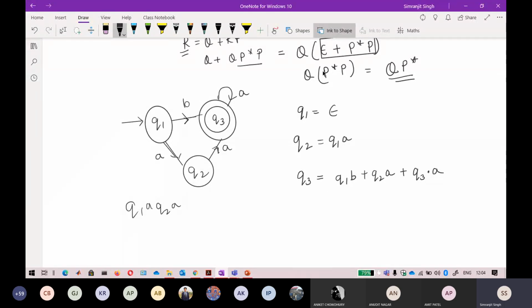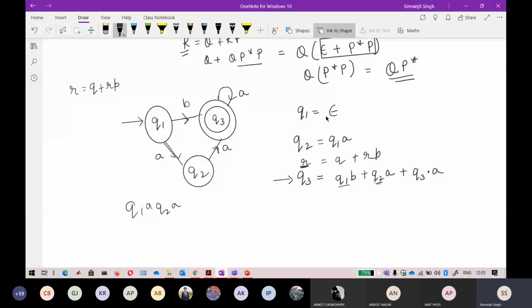Now the expression, if you remember, is R equal to Q plus RP. Every substitution will occur at the final state, keep that in mind. Now here there is a presence of Q2. I do not want that. So I have to change this expression to R equal to Q plus RP, where R here is Q3. Keep that in mind. I want Q3. I do not want Q2. I do not want Q1. So I just want to replace this expression.